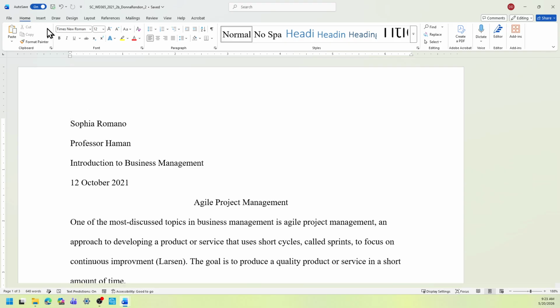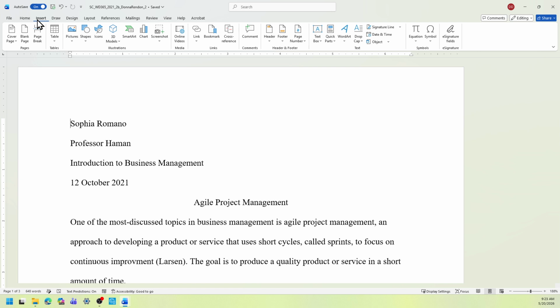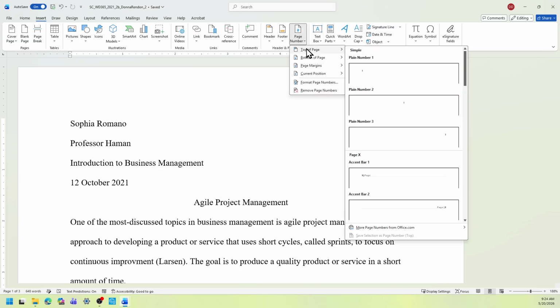click the Insert tab, and then the ribbon gets refreshed, and then under the Header and Footer you see this Header. This one has longer steps. You have to click it more than 10 times. So since I'm going to insert a page number as well, I'll go ahead and select the page number, select the top of the page, and then because it's right aligned, I'm going to select the plain number 3.